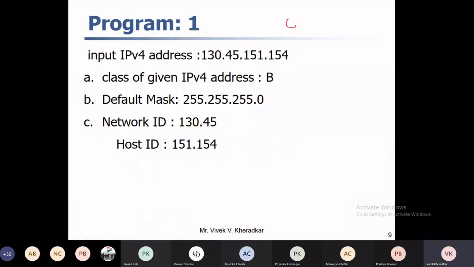As you know, a valid IP address is 0 to 255, so obviously the value is in this range. There are 4 bytes separated by dots. If each belongs to 0 to 255, it is a valid IP address. And if it is valid, then how do we find the class? Take the first byte, which has the first byte value. How do we check if it belongs to class A? Does anyone know what the range is?